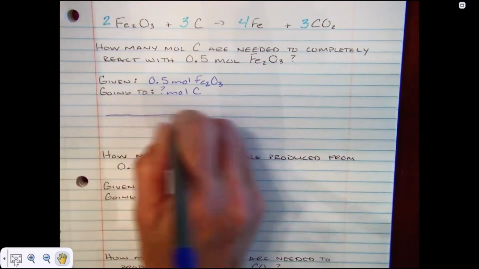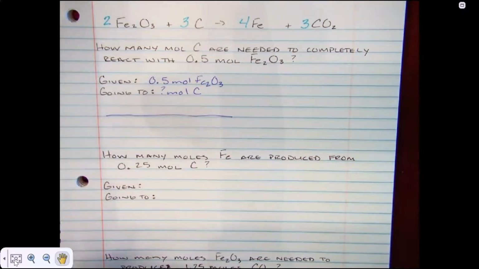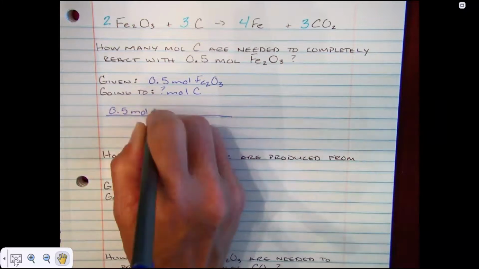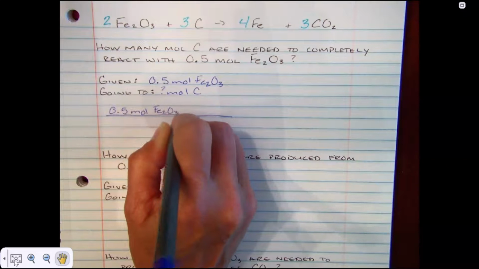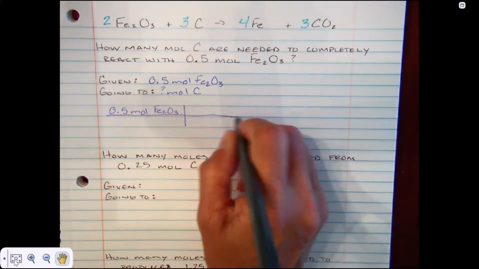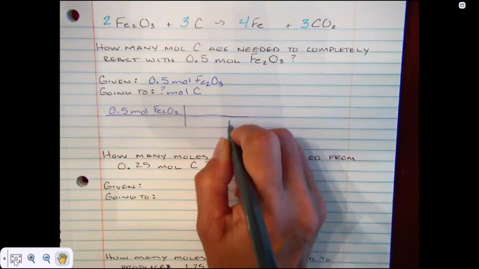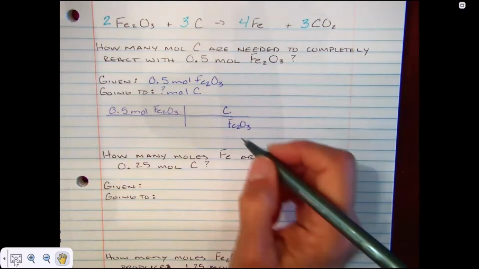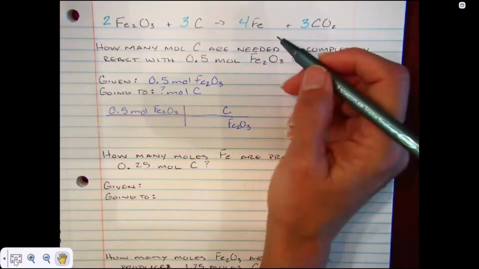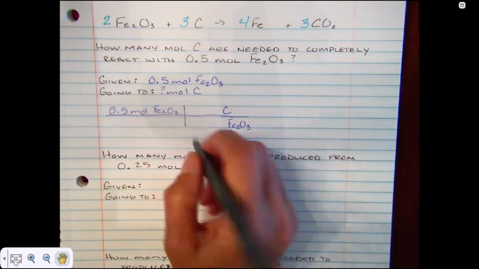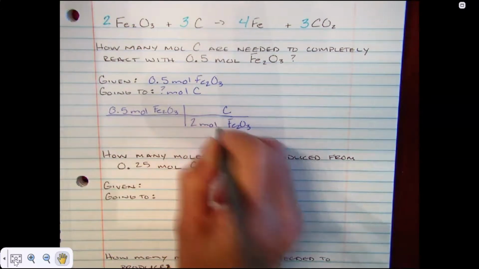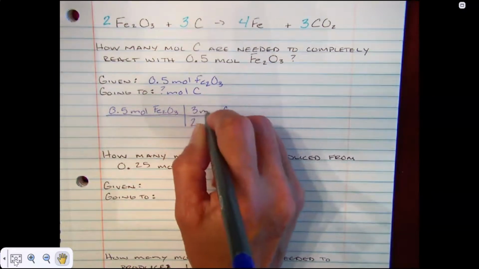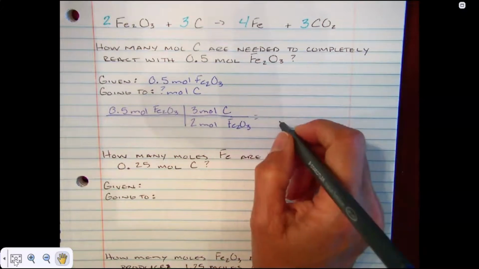So again, set up the T-chart. We always start with what we have given, so 0.5 mole Fe2O3. Then remember, whatever we start with, that substance is going to go on the bottom, so Fe2O3. And what are we trying to get to? Carbon. So now, second section comes from the balanced equation. Fe2O3 has a 2 in front of it, so 2 mole Fe2O3. Carbon has a 3 in front of it, so 3 mole of carbon equals